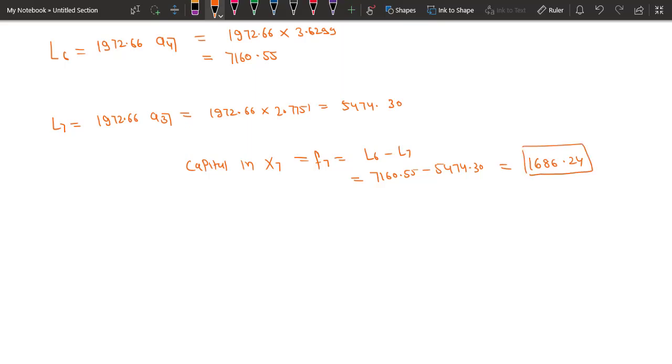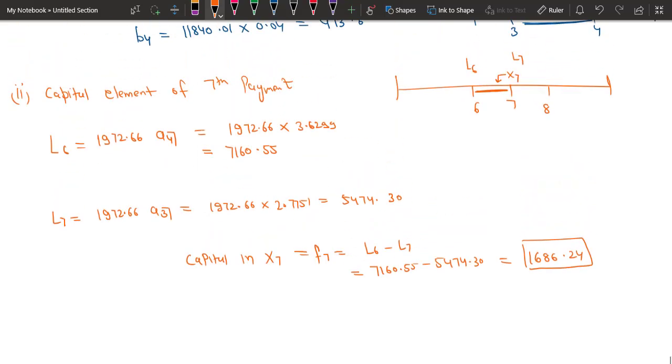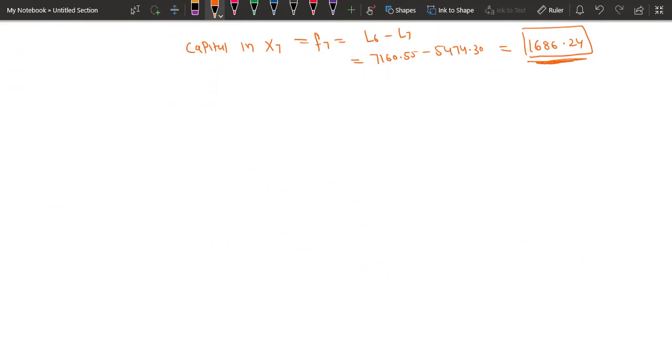So you see, the 7th installment will be of 1972.66 again, no doubt. So if you observe, from this 1972.66 installment, 1686 rupees is just the capital part that is being paid for that year, and the rest part is obviously interest. So we move on. In the third part of the question, we are asked